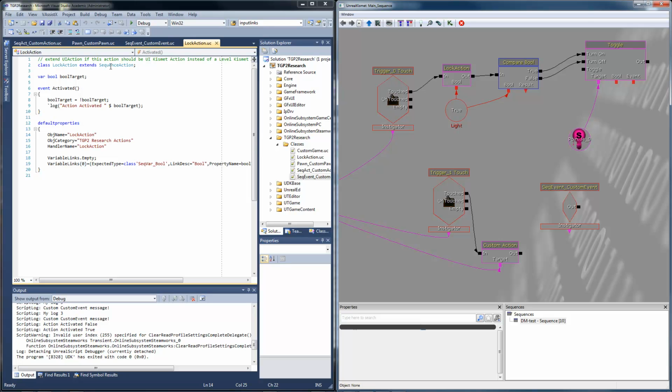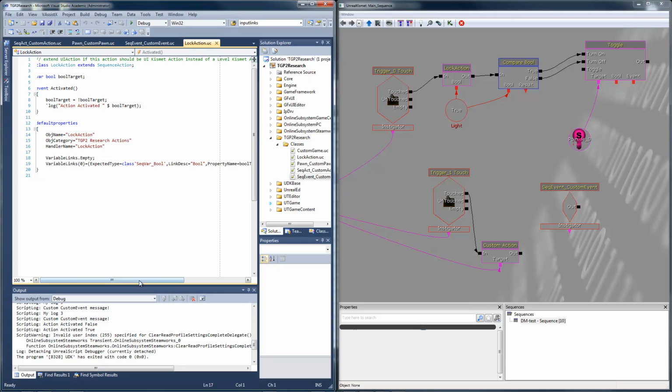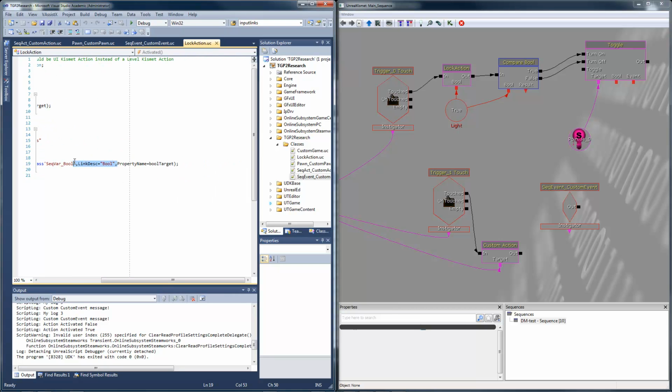Because the base class, sequence action, creates a variable link already, we need to empty the variable links array and add our own at index 0. The expected type is of the class sequence variable bool. The label desired in the Kismet editor for the link is simply bool, which shows up here at the bottom of the lock action,